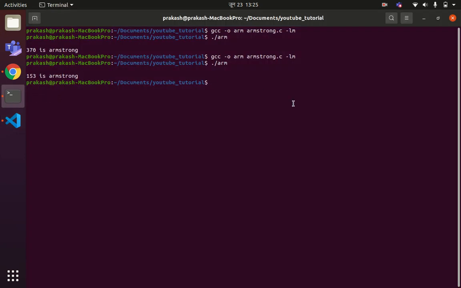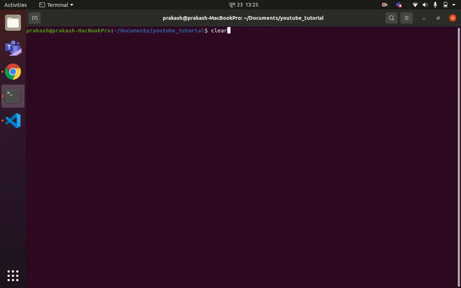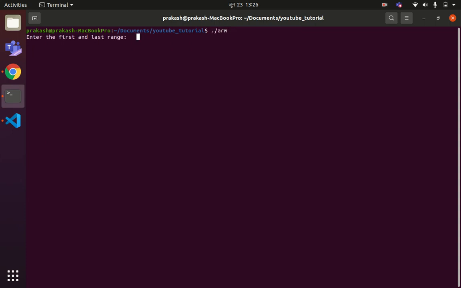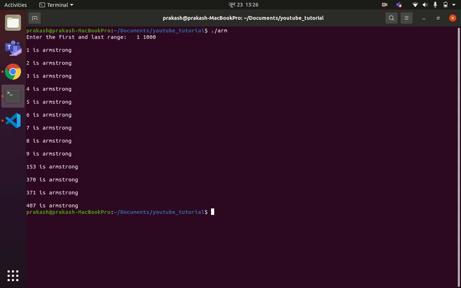Okay, so let us compile the code and see the result. Enter the first and last range, let us say 1 and 500. You can see these are all the Armstrong numbers in the range of 1 and 500. You can check for other values also, 1 and 1000, and 1 and 10,000.